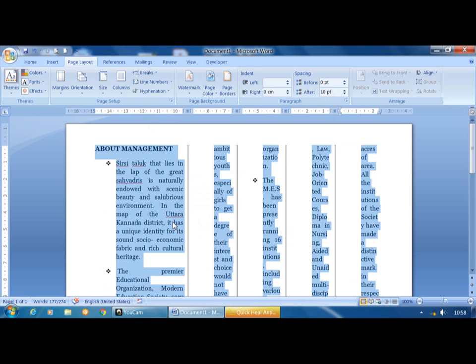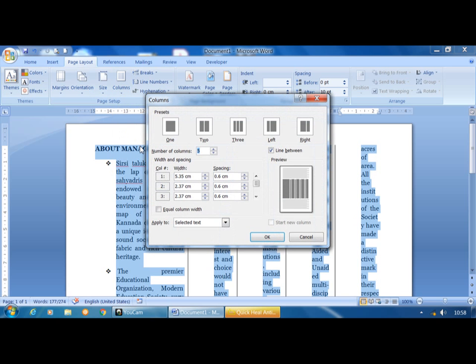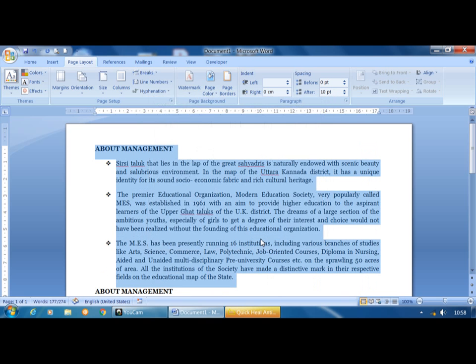So first column, second column, third column, fourth and fifth. You can create any number of columns by clicking on the columns drop-down button and more columns. If I want one column, click on the one option, then click on OK. See, it comes in a normal way.